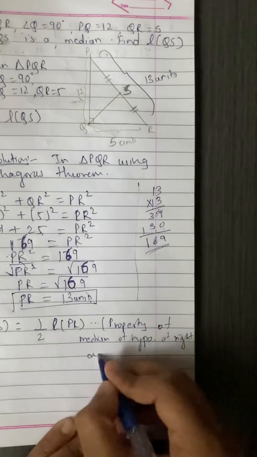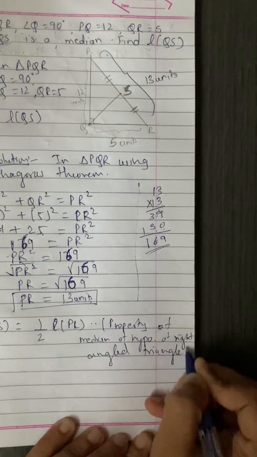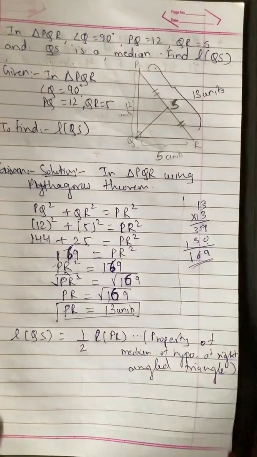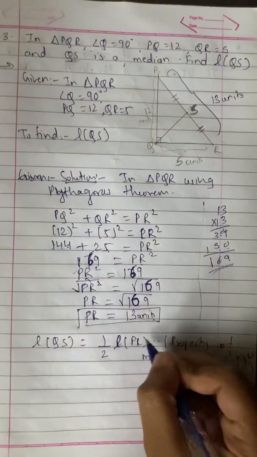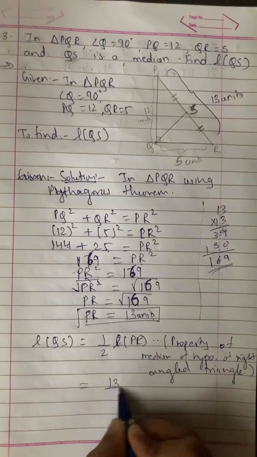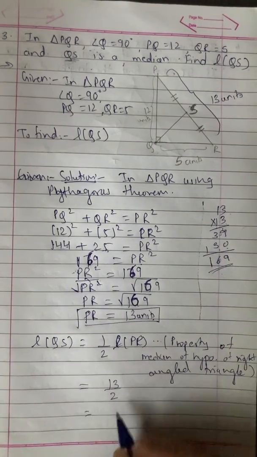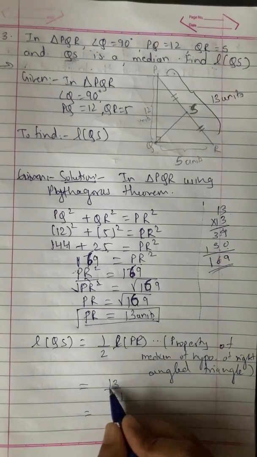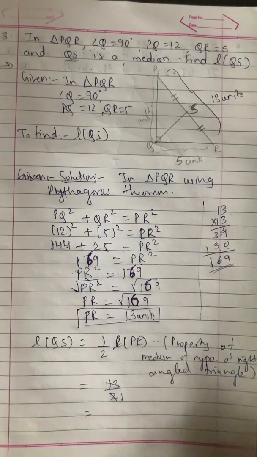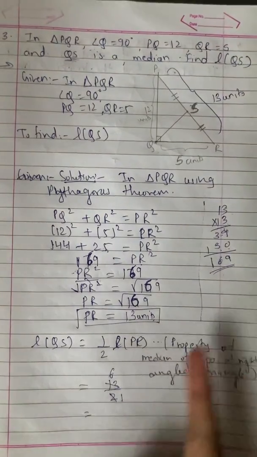Right angle triangle. The statement is a little bigger, but it is better if you write down the reason, otherwise your marks will get cancelled. So substitute the values, 13 upon 2. Do the division in the rough work, it is always better. I'll do it directly. 2 1s are 2. 13 does not come in 2's table, but 12 comes. 2 6s are 12 and 1 remains.